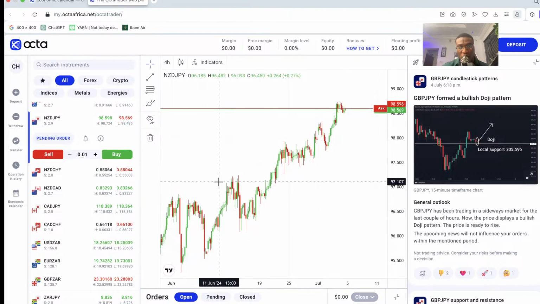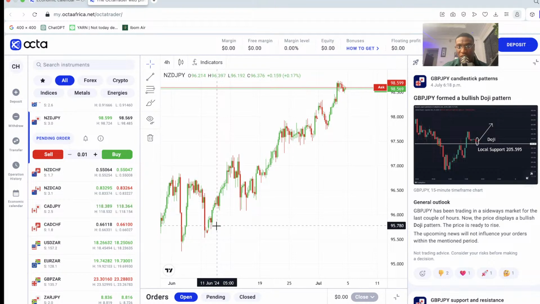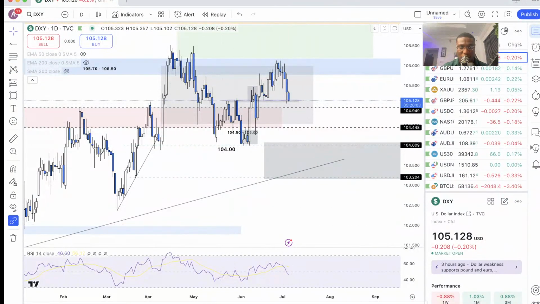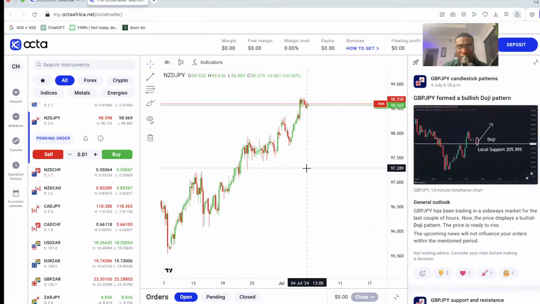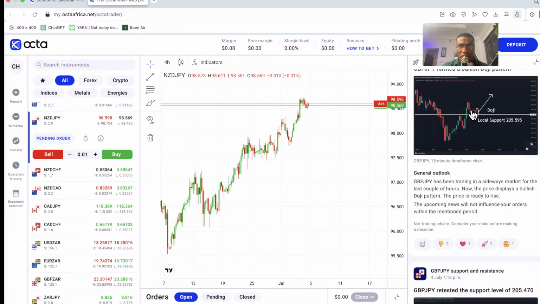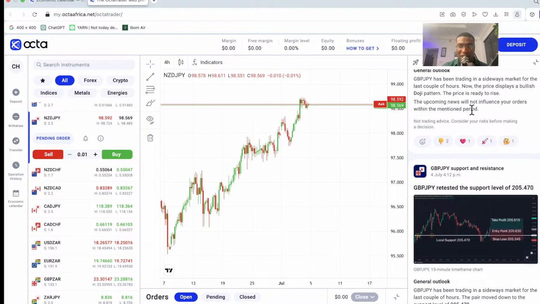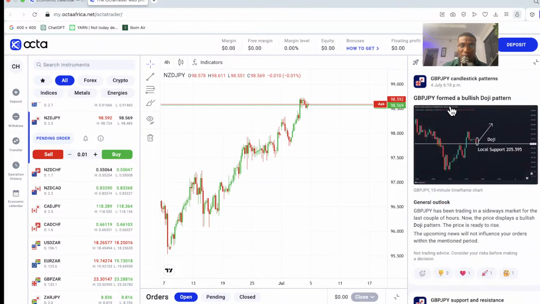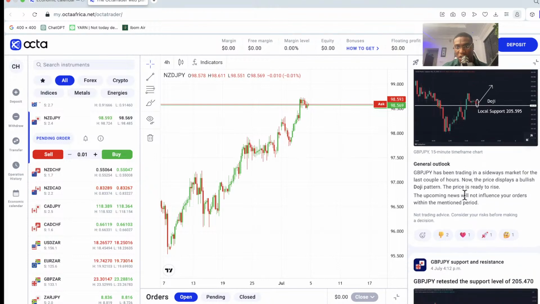So when you're done analyzing the markets, again, the steps to that I just disclosed. We're having a bit of an issue with loading this up. Okay, I'll come back to this later. But when you're done with your analysis, you can use the space feature to see what expert traders are saying about the particular pair you want to trade. So for example, if you trade GBPJPY, then you can use the space feature to see what the Octa experts are looking at.